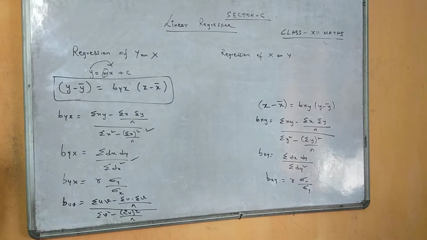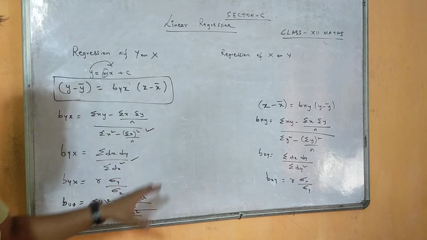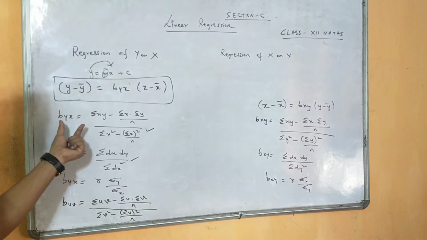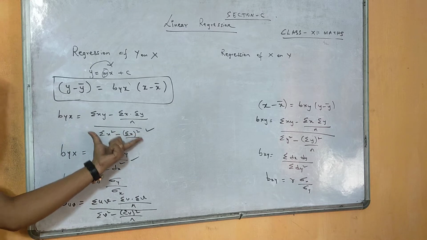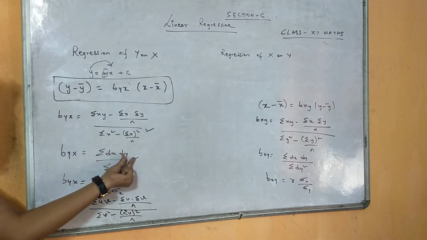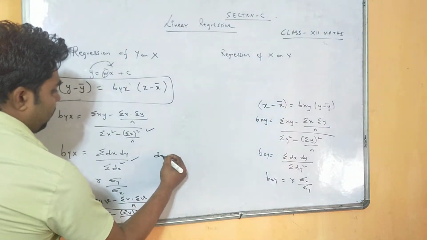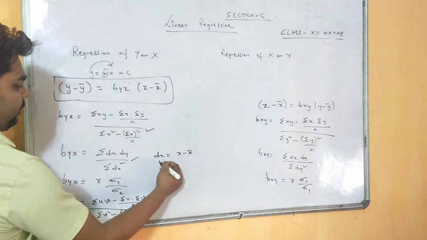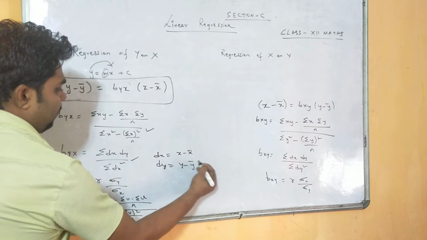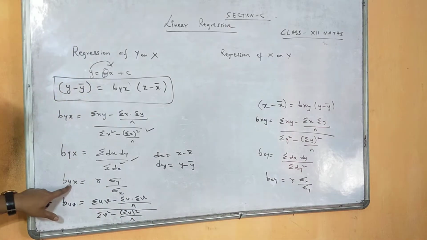Before going to the exercise questions, you can pause the video and note down these formulas. So byx formula, there are multiple formulas for byx. Now what is dx and dy? Dx means here x minus x bar, that is the difference in x. Dy, when I say, that is y minus y bar. So byx,